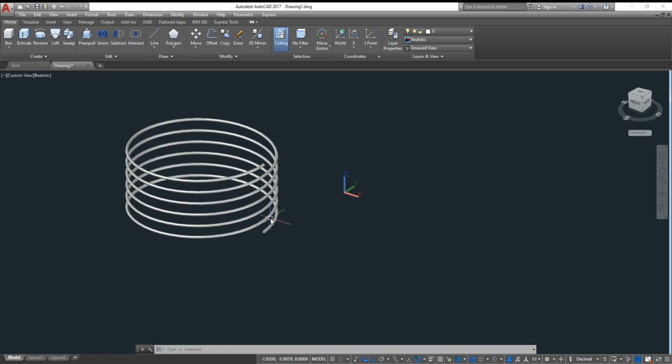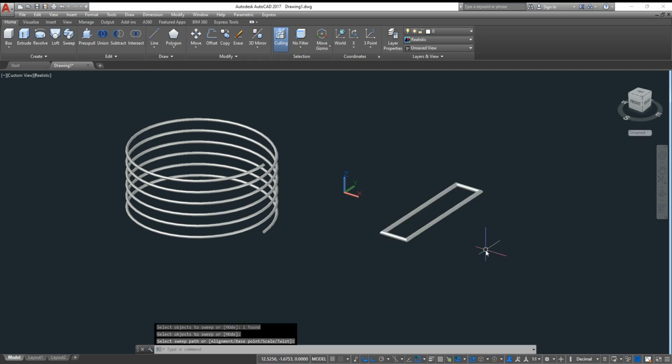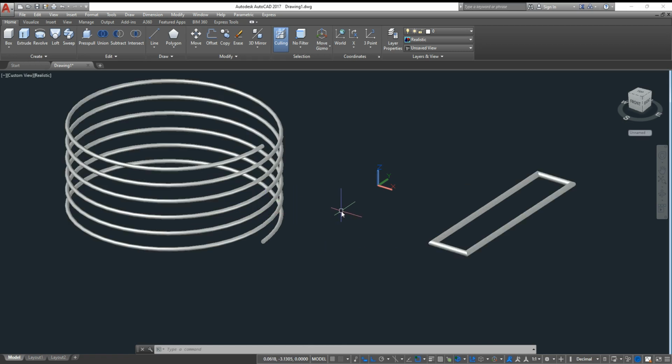So we have to know that when we turn our helix into that spacing, a circle with a radius bigger than that will not be able to turn. So meaning we should rescale or resize the circle that will go to the alignment using sweep. Another one, let's have the rectangle, and then let's have a circle in here, and then let's sweep here, select the object to sweep, and then select the alignment.